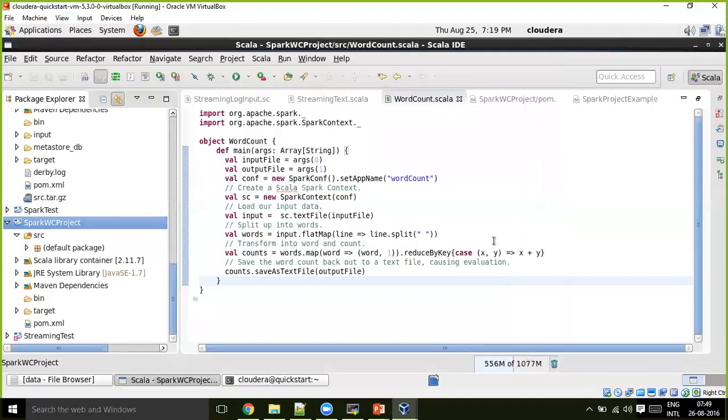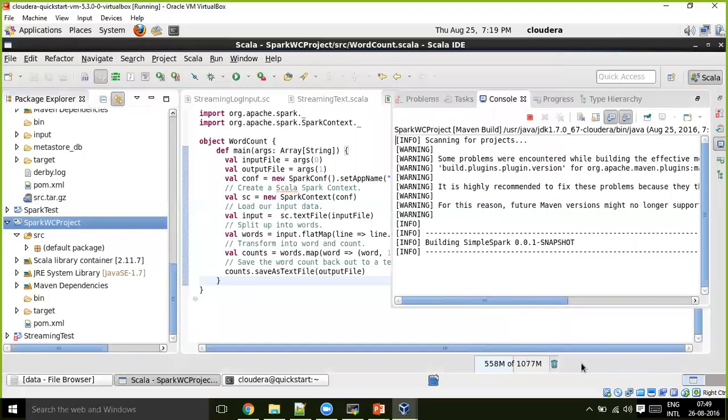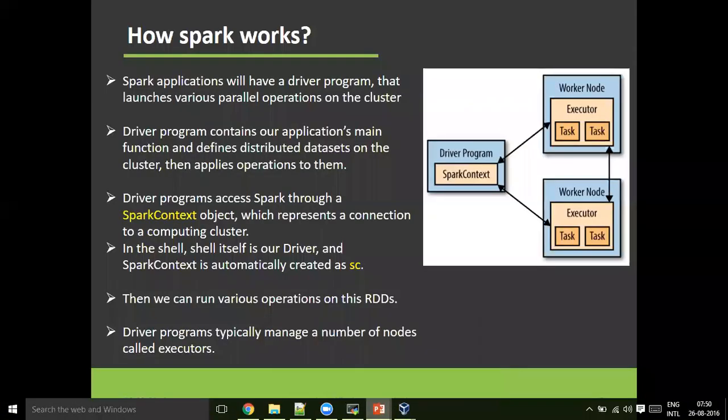For the initial build, it takes a while because it has to download the things that it needs. Okay, so let that take some time. Let's resume back to the stuff.